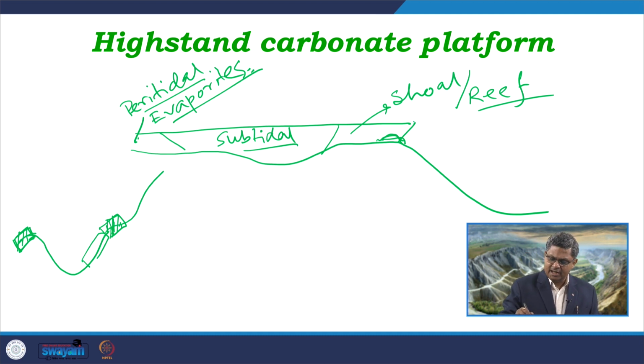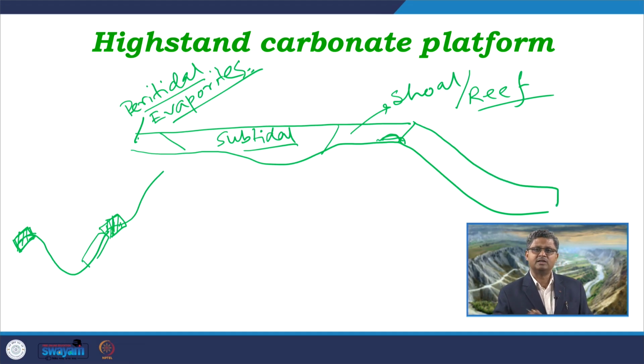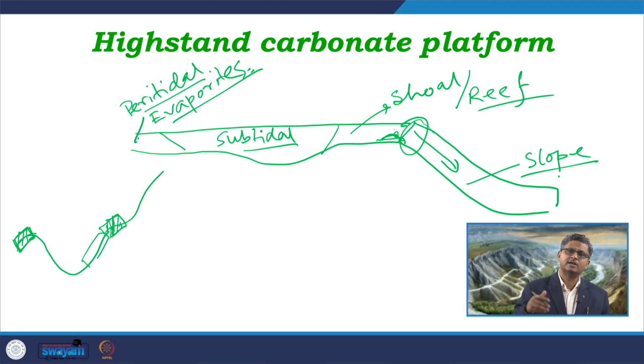Now from this area also we get a very thick deposition into the deep basinal part in the form of this high stand shedding, and that we get in the area of slope to deep basinal area. This is the part of the high stand shedding, where the sediments from this area are reworked from this zone and they are carried down by successive storm surges or successive gravity flows.